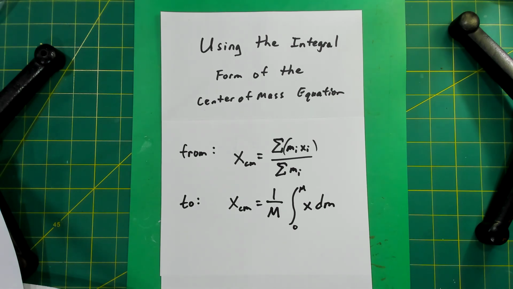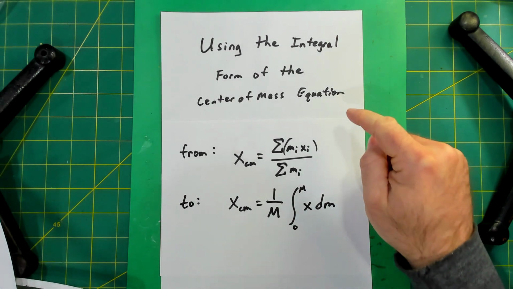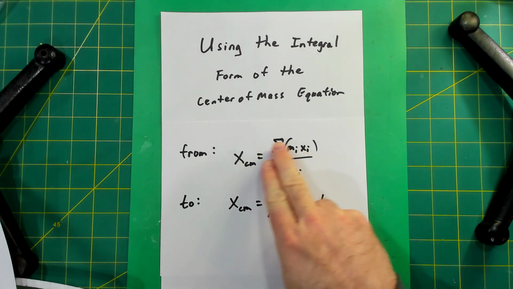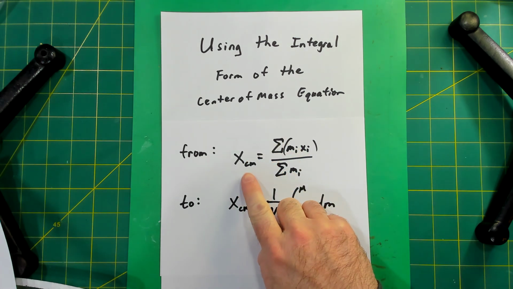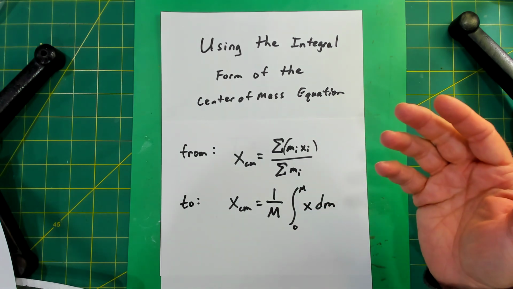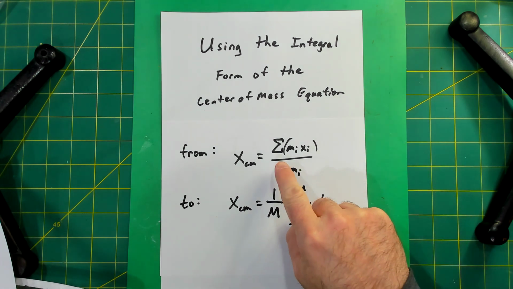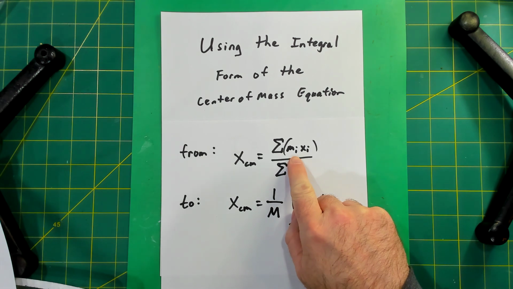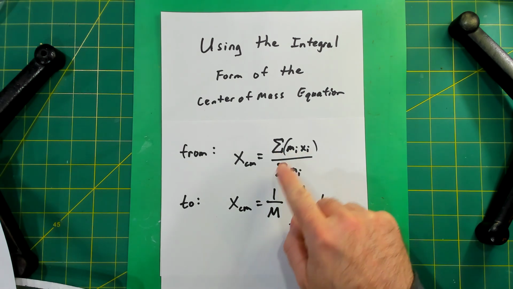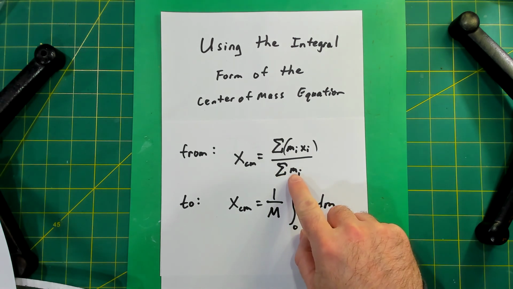All right, so what I want to talk about in this video is using the integral form of the center of mass equation. So far, we've just used the center of mass formula like this: if I want to find the center of mass, it's the average position of all the mass in the object. So I'm just going to take each little bit of mass in my object and multiply by its position, and add all those up, and then just divide by the sum of all the mass in the object, so by